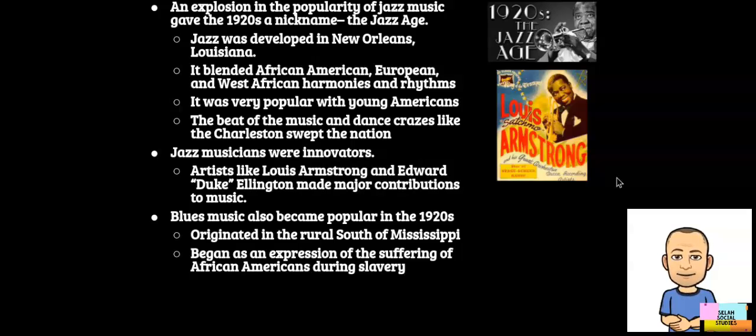Blues music became popular during the 1920s as well, and blues was not as upbeat as jazz. It originated in the rural south of Mississippi, using a bass that expressed suffering of African Americans during slavery and the segregated South. Blues was predominantly played by black musicians and covered the range of emotions. Some songs were witty or satirical adaptations of life, and one of the most famous blues artists of the 1920s